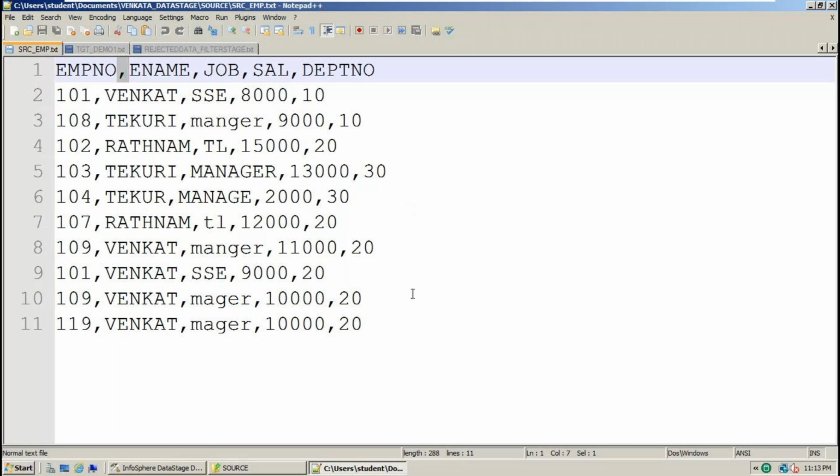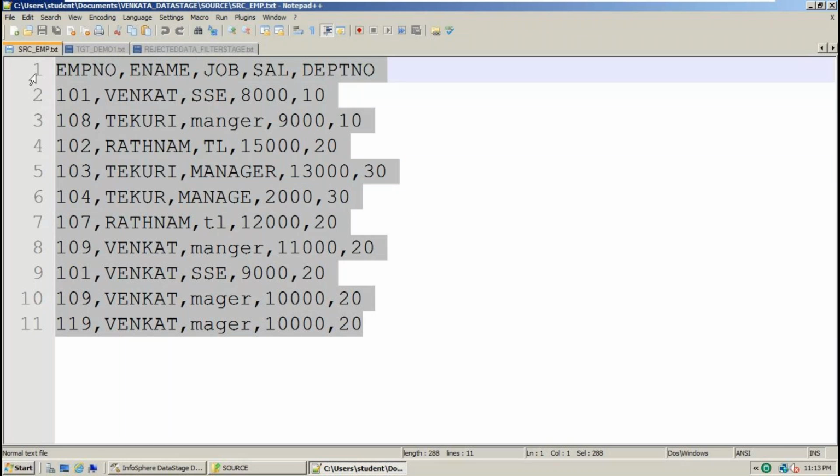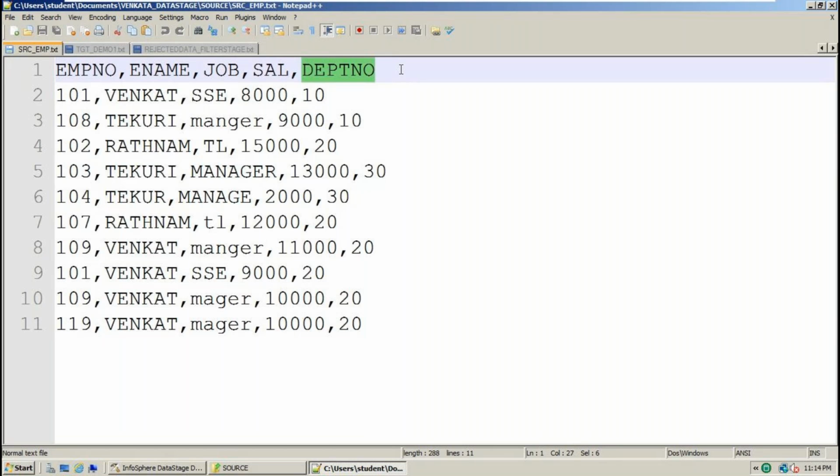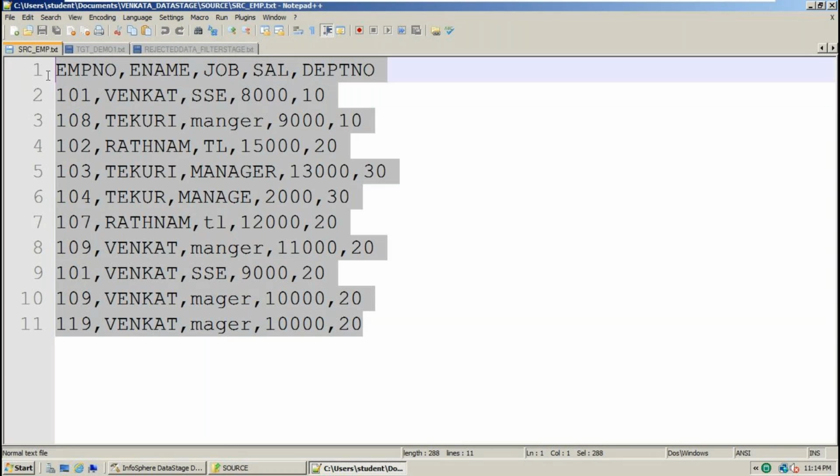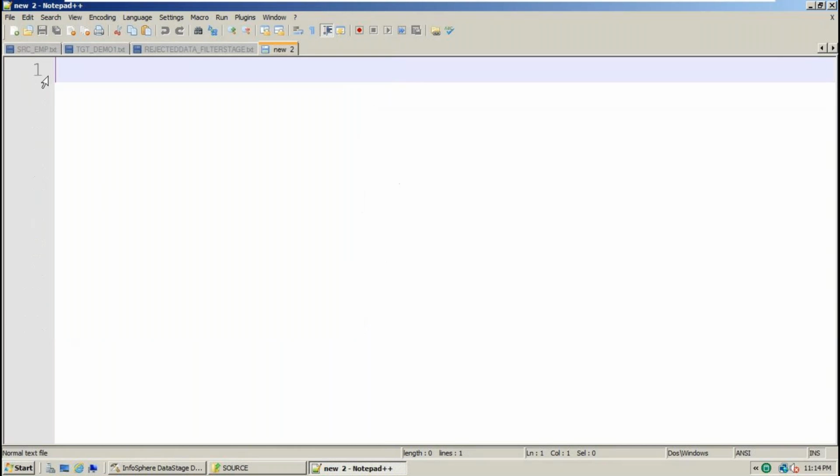So how many records are there in this file? Can somebody tell me? Can someone tell me, guys? How many records? 10 or 11? 11. 10. Okay. See, the header will not count, guys. This is not data, right? The data starts from here. So that's why the total is 11, but the header, one record, is not countable. That's why the total record count is 10 records. Now what I want is, I want to read this file